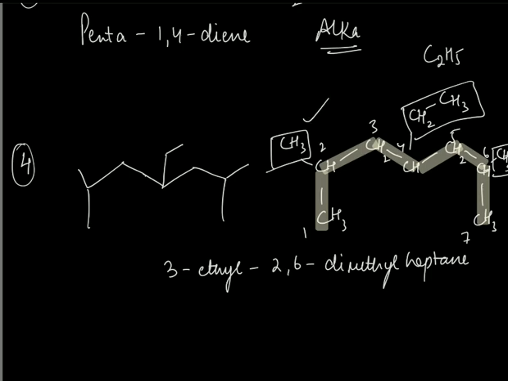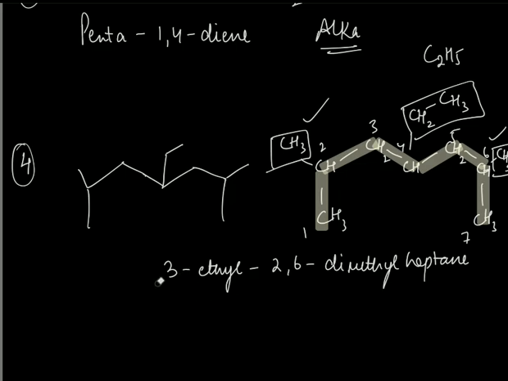At second and sixth position, you have methyl group. Now again, if you start the numbering from the right hand side also, it will be the same. So then this will be 2, this will be 6, but this ethyl group will be at the fourth carbon always. 1, 2, 3, and 4. Yeah. So that's the answer.